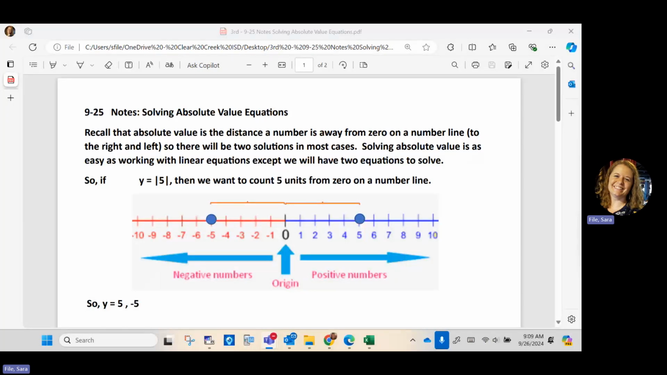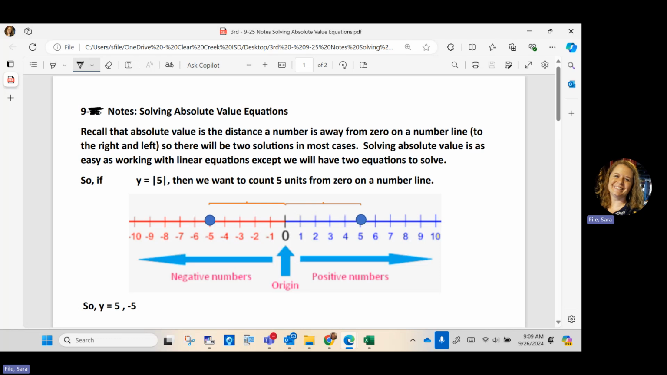We are a day behind since I let y'all have Tuesday to finish the test and any missing unit 2 work. So let's change the date on this, because today is not the 25th. Today is the 26th. Okay, so today we're continuing talking about absolute value, but yesterday we talked about transformation rules,